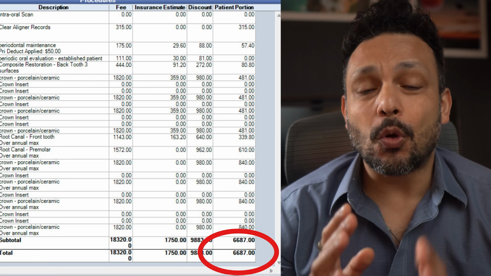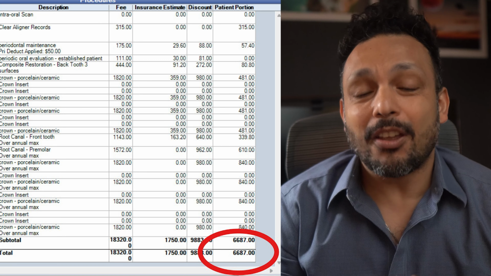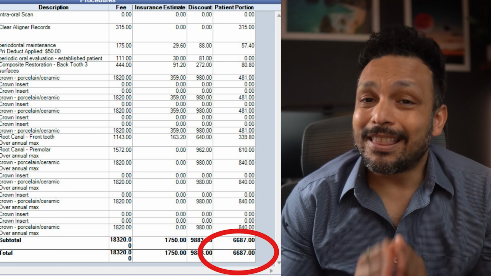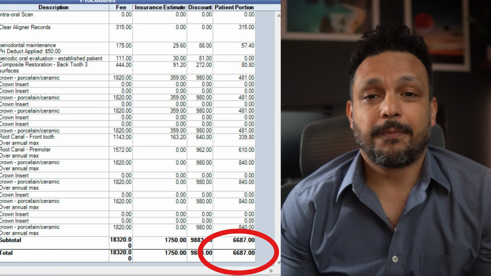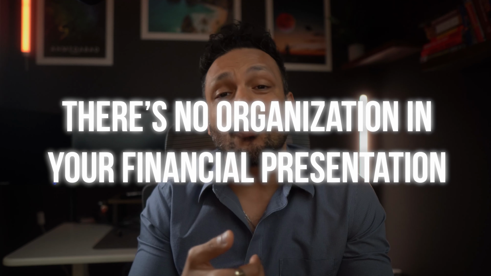Their attention goes directly to the bottom dollar amount that you're showing them, and they're thinking, oh my, that's what it's gonna cost me. And when there's confusion, they don't move forward with treatment. So all that time you put in, showing them intraoral photos, x-rays, maybe you show them 3D animated videos of the procedures that you plan to do, all that work goes to waste